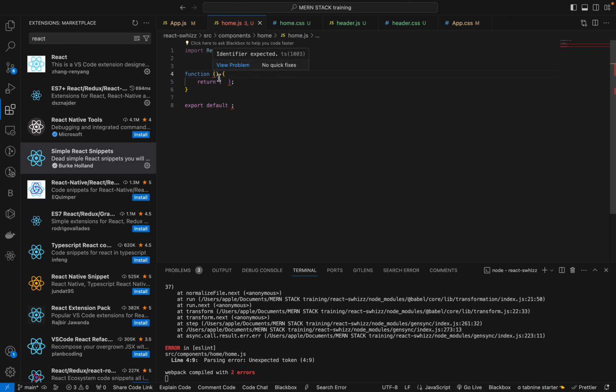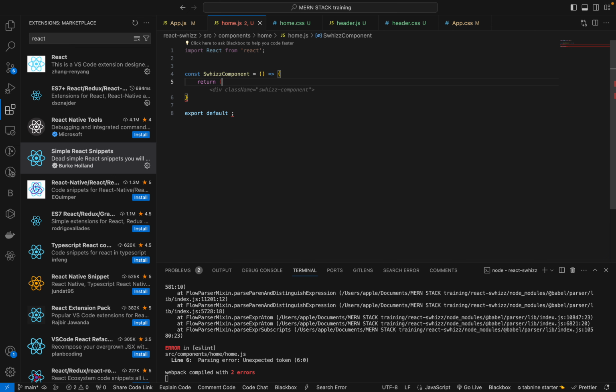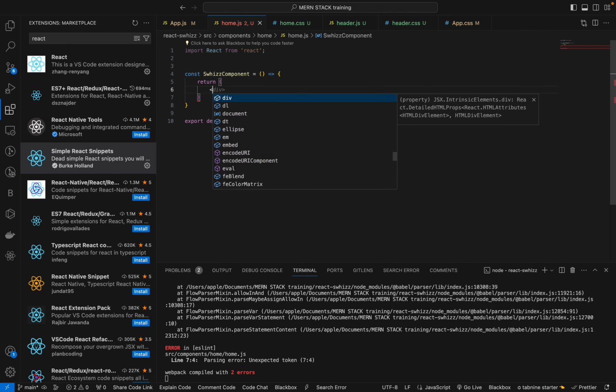Okay, but inside that I will use arrow functions. We have learned what an arrow function is and everything. So for example, constant functional component, I'm just copying it as functional. We can use any variable declaration, only this one. So I'll use Swhizz component. You know arrow functions, how to create, yeah, that's it. So inside that arrow function we will return the statement whatever we need. So inside that return we will write the HTML tag like div,